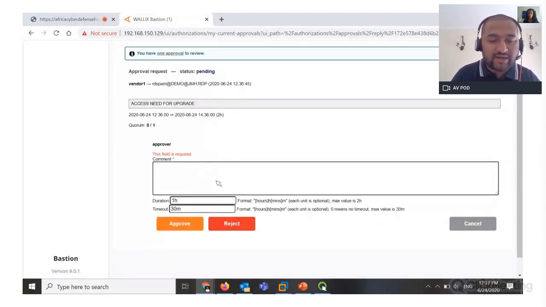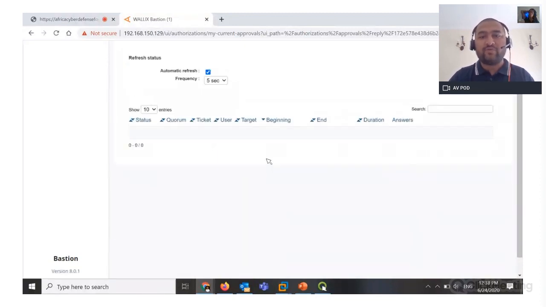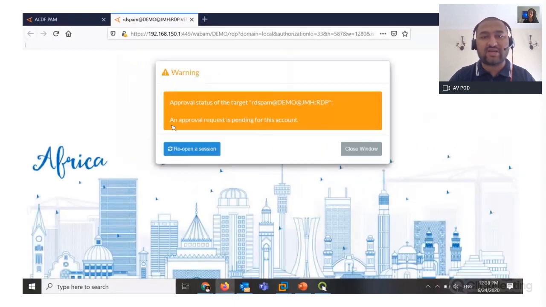I have to write the reason. Access granted for 1 hour. So I write the reason. Without writing the reason, I cannot approve it, because as an approver, I need to write why I approve it. So I will approve it. Once I approve it, approval is done. Now I will go back to my screen. This was the screen, right? Approval is pending. Now if I reopen the session,